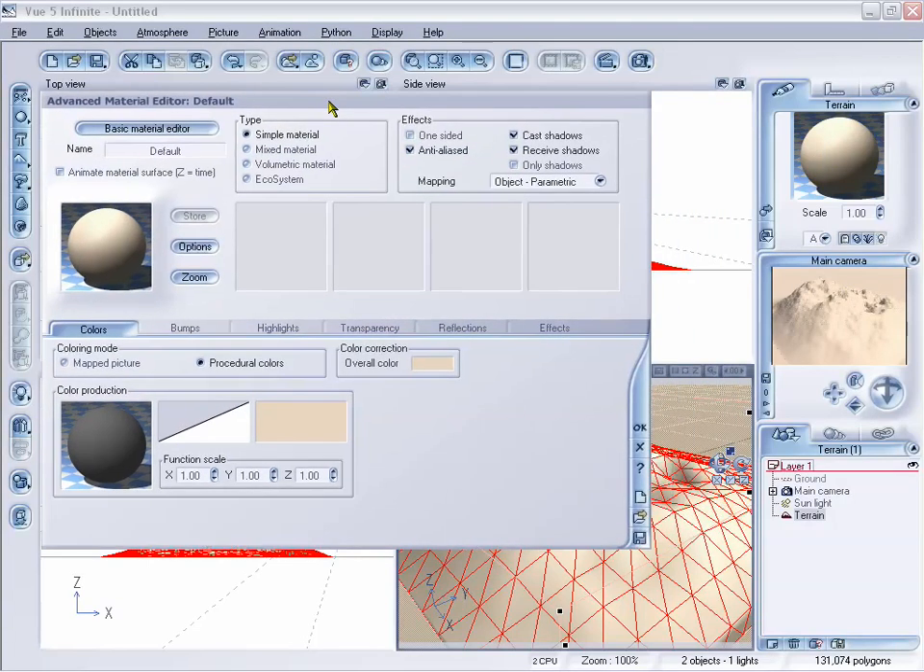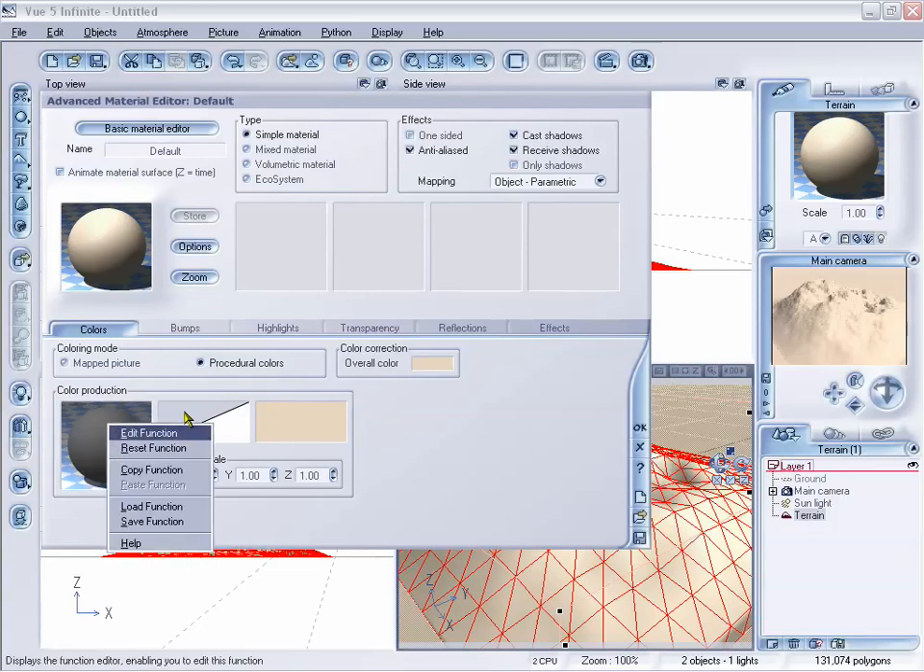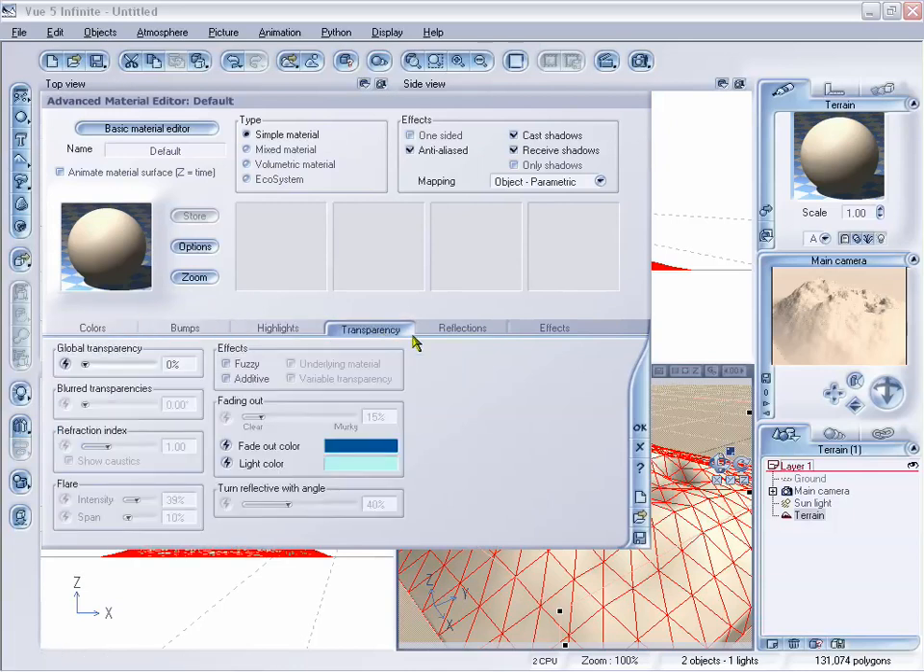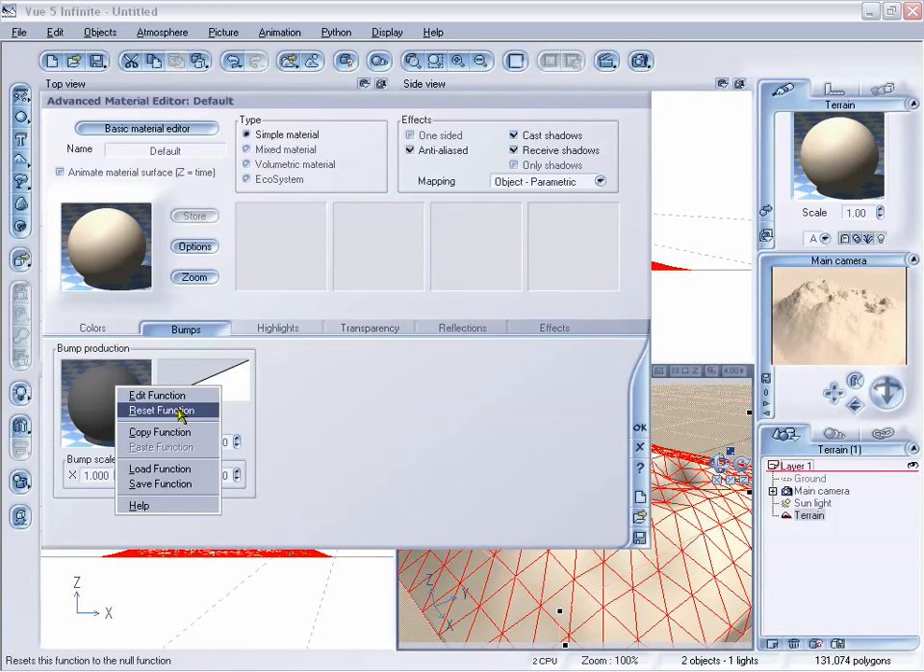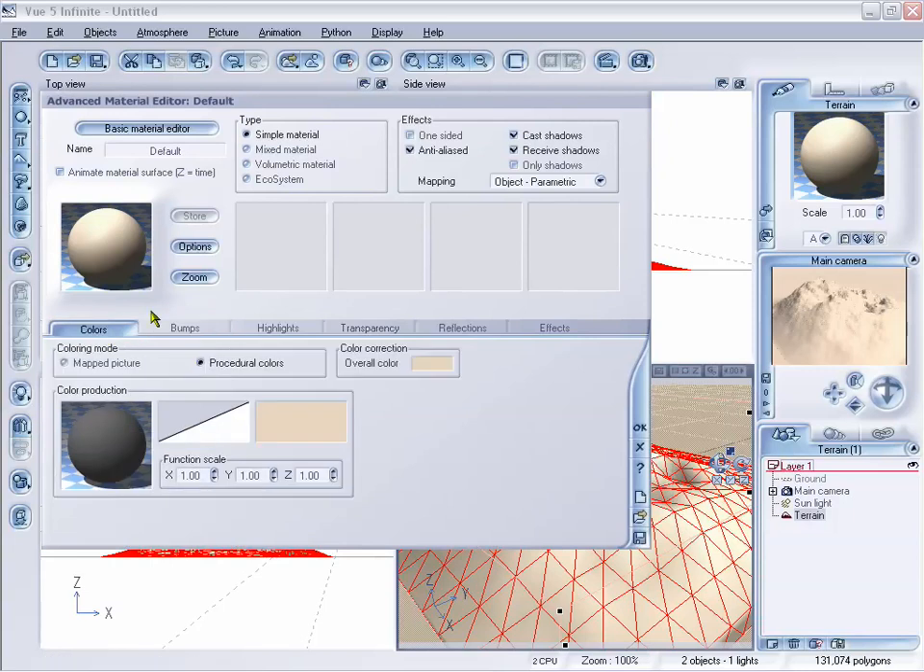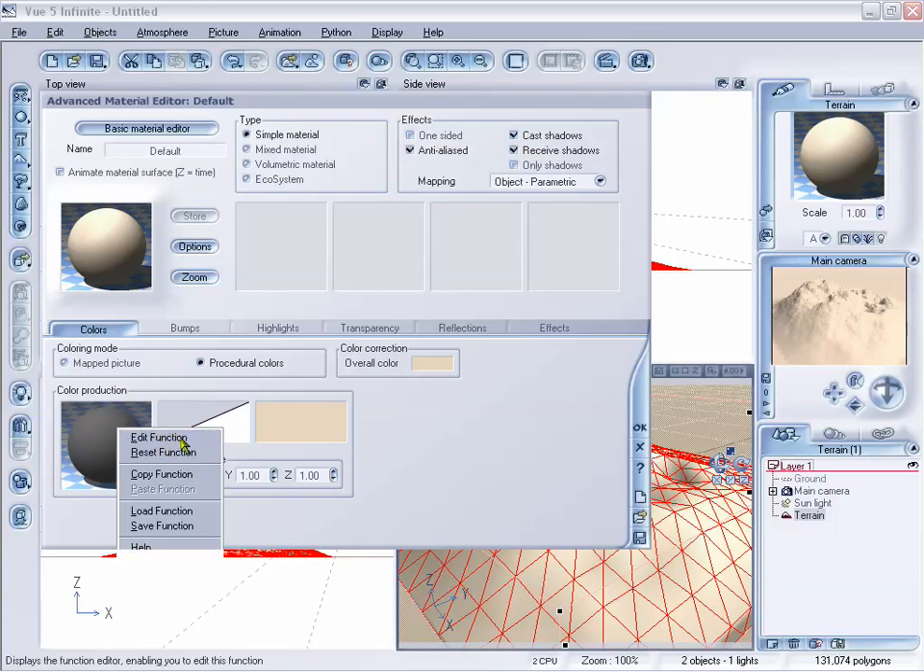And what we need to do is right mouse click on this gray area, this gray sphere we have right here, and go to edit function. What this is actually going to do is open the function editor for all of these different things. We could right mouse click on the bump and go to edit function, and we'll get the exact same function editor as if we were to do it with color, because all of this is linked to the same function. So we're going to edit function,